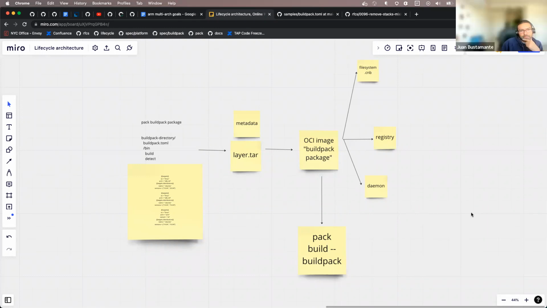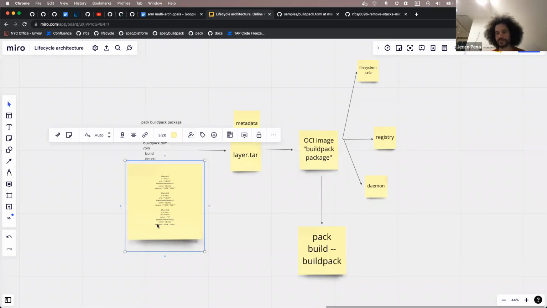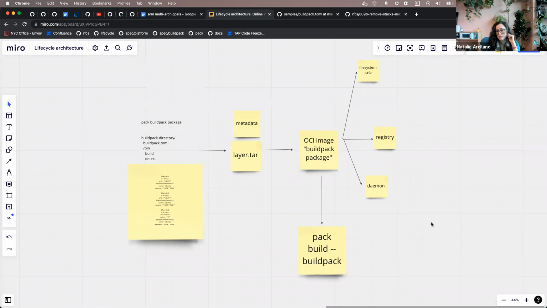Yeah. And then the other part is compiling for multiple architectures. Basically, what you said here is that it doesn't really matter what architecture you're compiling for. It's what you put into the build pack that's going to determine what you run later. Whatever you put in bin, it will work or it won't. So it's the build pack author's responsibility to provide the binaries for those architectures.